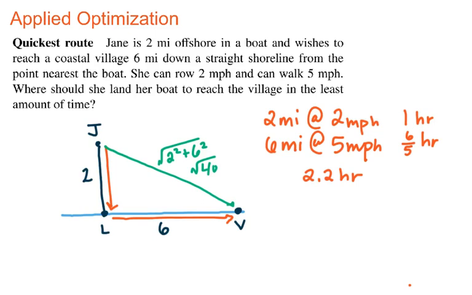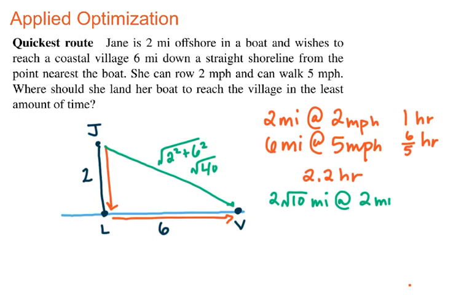So she has the option to row the square root of 40 at 2 miles an hour. And we can simplify that radical and get 2 root 10, because I know the square root of 4 is 2. So 2 root 10 miles